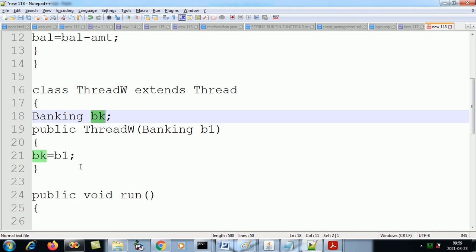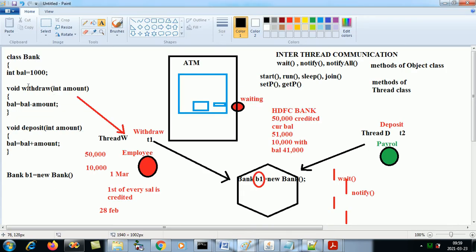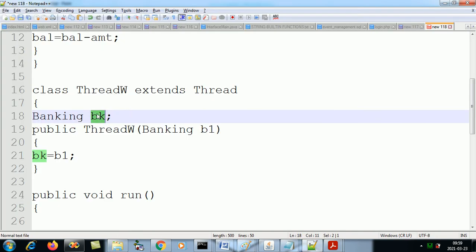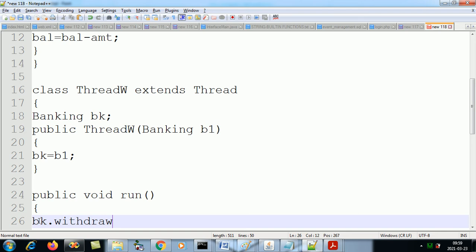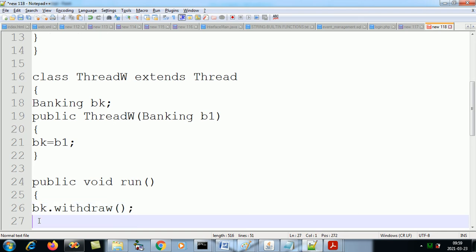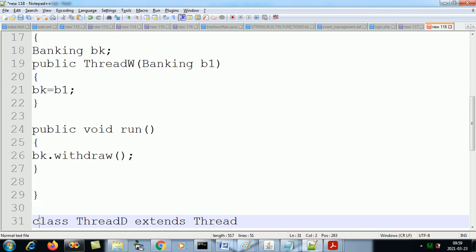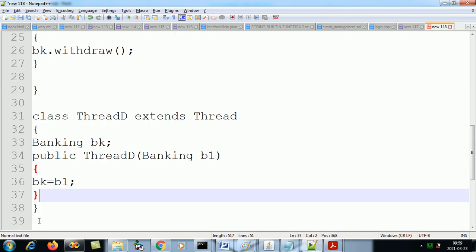Withdraw. So withdraw is of which class? Withdraw is of the bank class. For that I need a banking object, and here I have the banking object BK. So I will call what? BK dot withdraw in this thread. And in this deposit thread, what will I call in the run method?